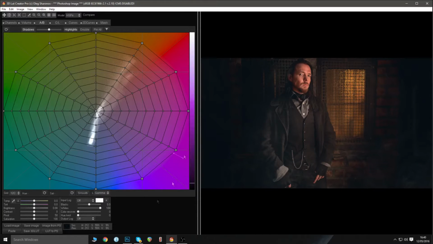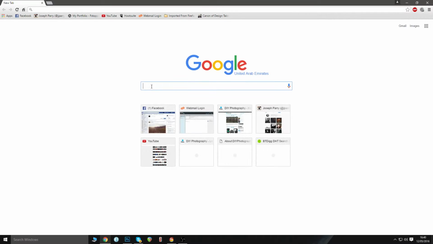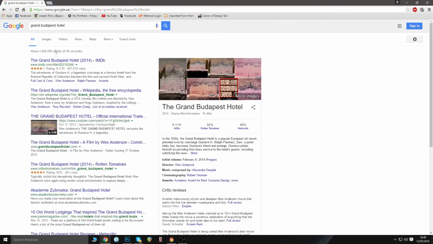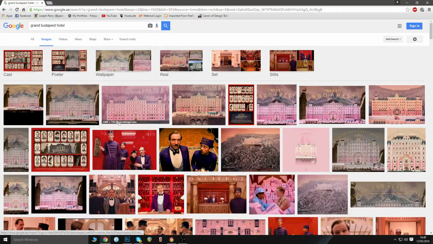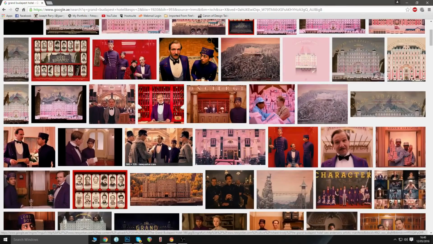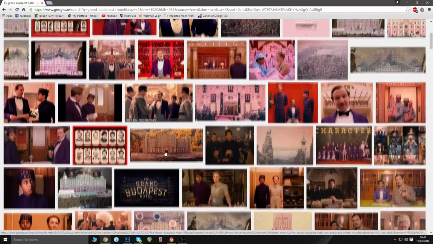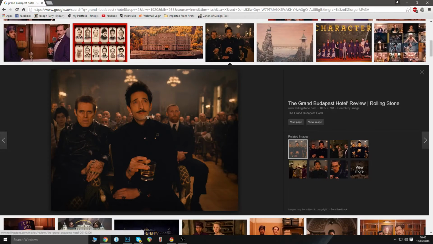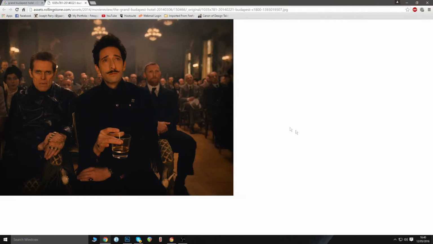But in short, what we can then do is we can go to Google, we can type in Grand Budapest Hotel, just as an example. Go to images, and the key here is you have to pick an image which is similar to the one you're trying to tone. Otherwise, you're asking it to do the impossible. However, this right here, this is pretty similar, right? So, let's take the image, right click, copy the image,